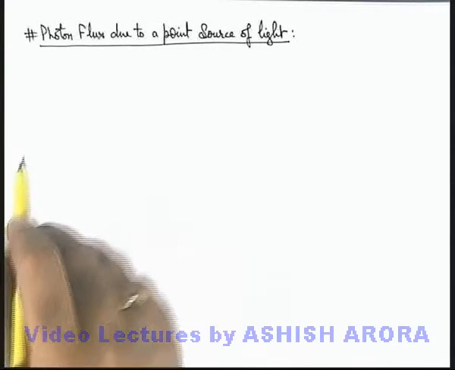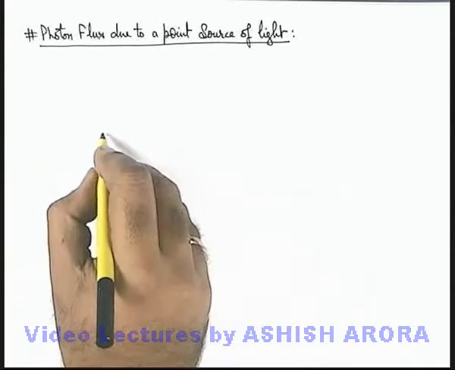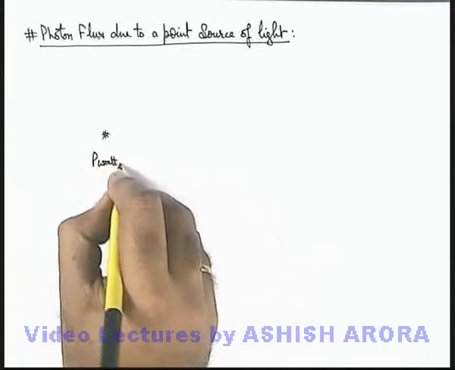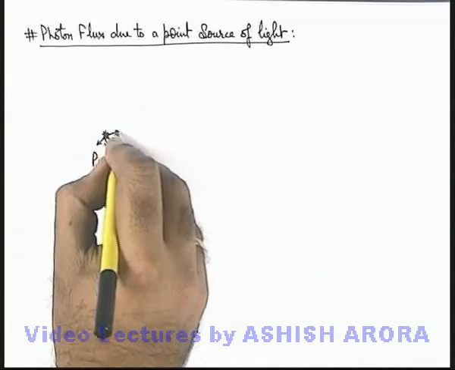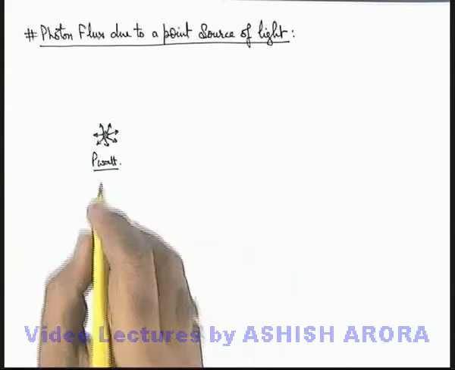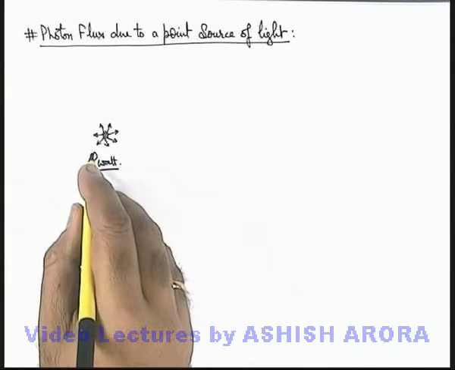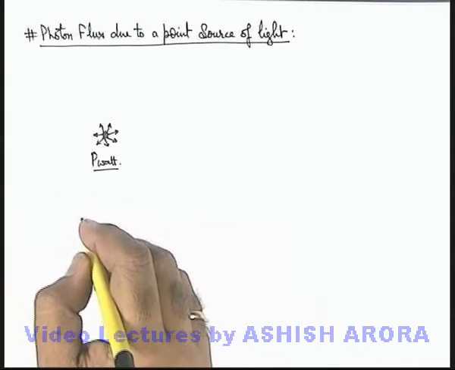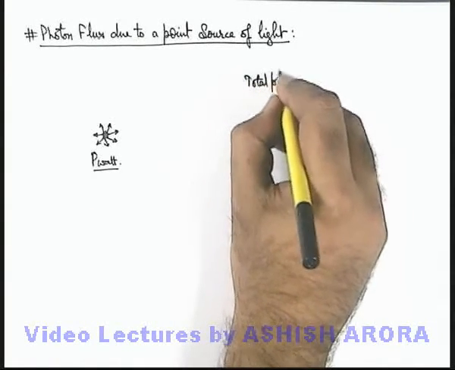Now let us discuss the photon flux due to a point source of light. We know if we are given a point source of light, say of power P watt, that implies it emits light photons isotropically, uniformly in all directions in three-dimensional space in its surroundings. The power emitted is P watt, that is, P joule energy is emitted per second. And in this situation, if we calculate the total photons